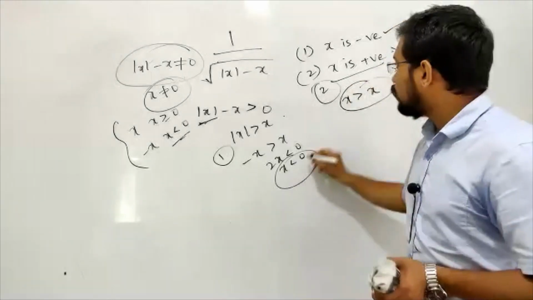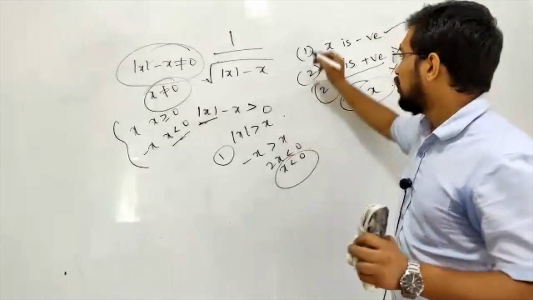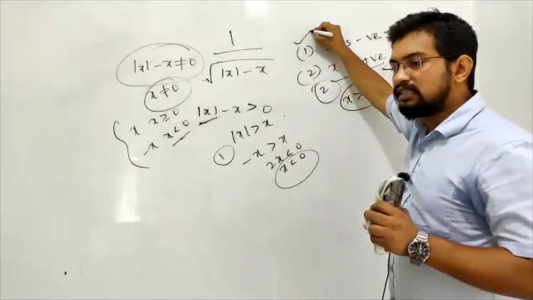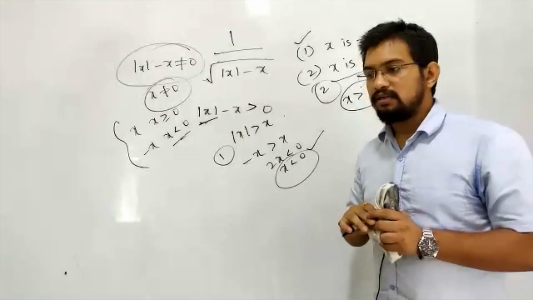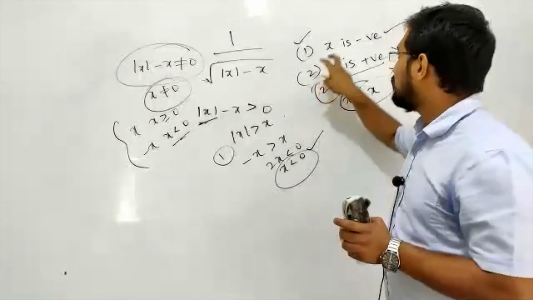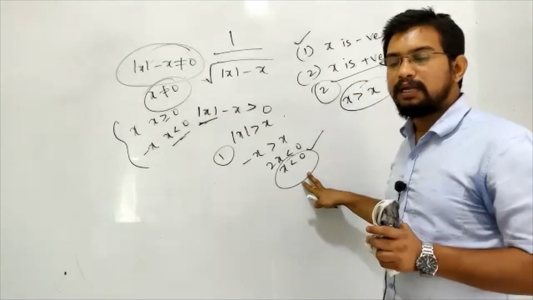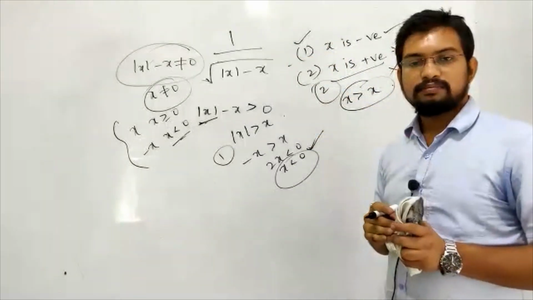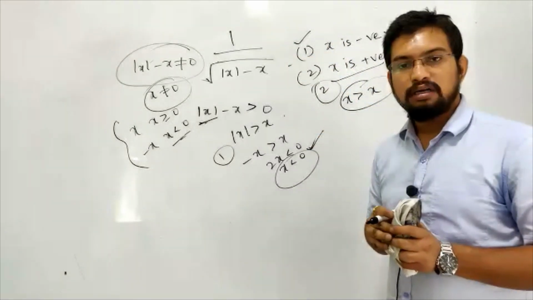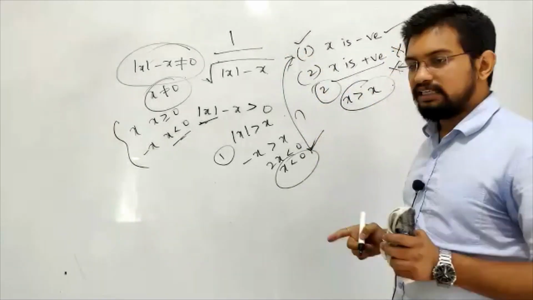For x is negative, whenever you write a condition in the modulus like this, the condition you originally took and the condition obtained here must be common. You have to take the common point between the originally obtained condition and this condition. You have to take an intersection like this, always.